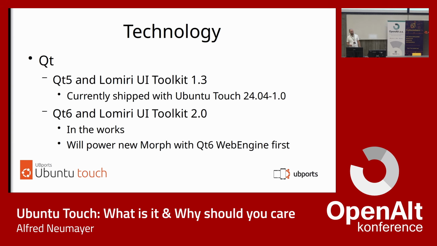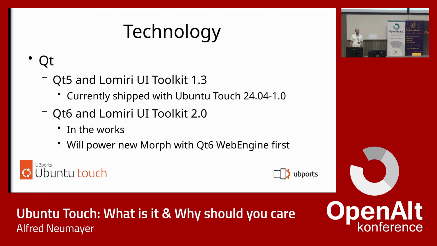Then we have Qt. We rely on Qt for applications and the operating system. Right now, status quo, we are using Qt 5 with Lumiri UI Toolkit 1.3. This is what we have been shipping for the longest time, and right now we're in the process of upgrading everything to Qt 6, which will be available for the browser that we're working on first, because